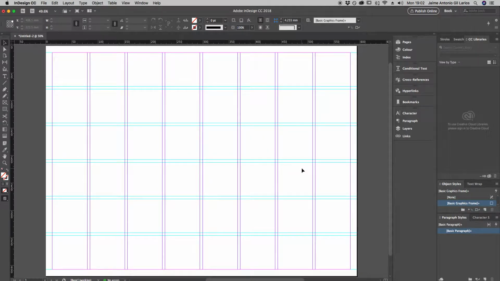So that's your grid, okay? Your grid will help you design the layout, keeping a consistent spacing between the elements, okay? So you should always use a grid when you are doing these kind of designs. So yeah, that's how you set up the grid in